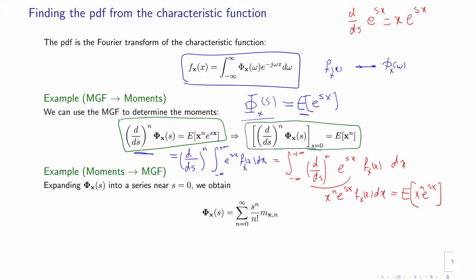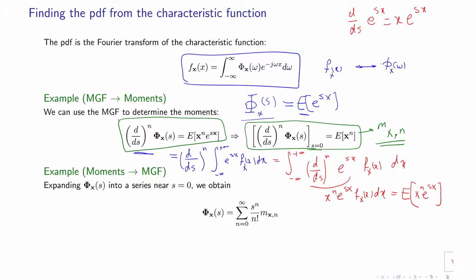So using the moment generating function, if I have the MGF, I can calculate its derivative n times with respect to s, and then substitute s by 0. Then I get the moment of x of order n. So basically, by differentiating the moment generating function, I could get the moments of my random variable one by one. For example,